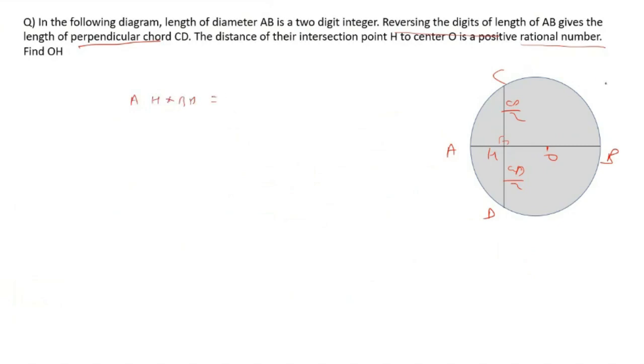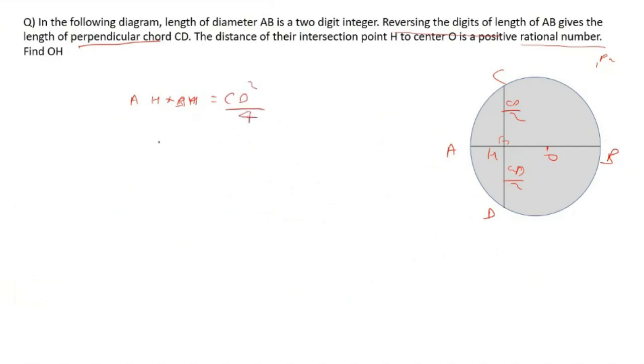And reversing the digits of AB gives the perpendicular chord CD, we'll come to that. But let's at least first collect what all we can figure out, because once we get to the digits, we'll have to take digits as p and q, and then 10p plus q, 10q plus p, and all of the variables get increased. So let's get to that stage, but at a point where we need the minimal amount of calculation. So AH into BH will be equal to nothing but CD by 2 into CD by 2, CD square by 4,